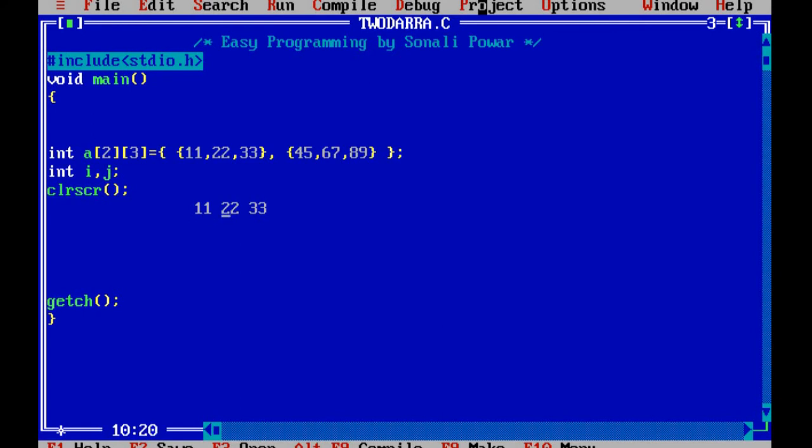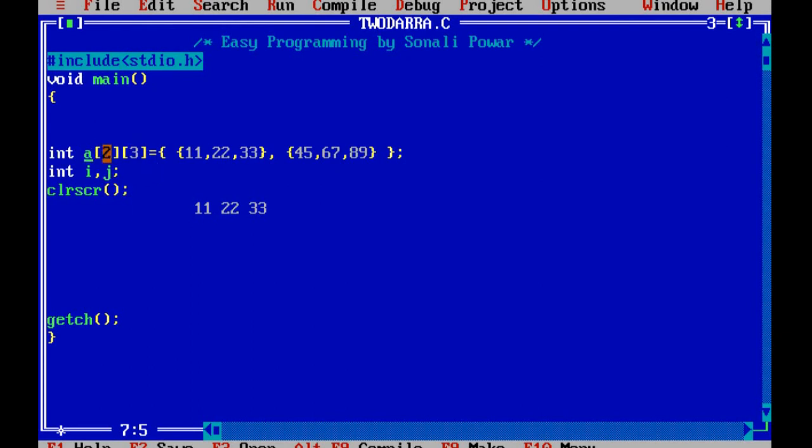Suppose I have declared an array 2 by 3. So how can I initialize the array? First thing is, how can I declare? First you have to write down the data type, then the name of your array. This A is the name of my array. Then it contains 2 rows and 3 columns. According to your application or situation, you can declare the size of the array, meaning the number of rows and number of columns of your array.